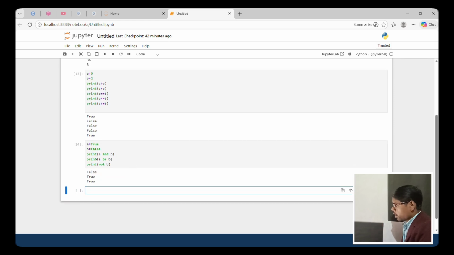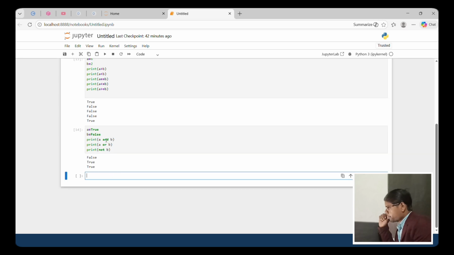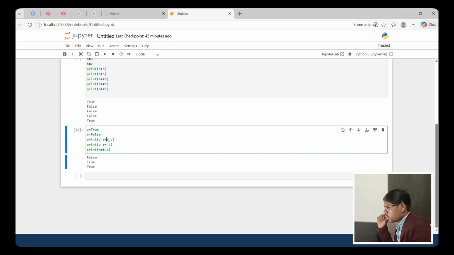Okay, yes, first false, and true, and true. Okay, this first, and contains only true values. A contains true and B contains true, the result is true. Okay, so and needs only true values, so the result is true, but if it contains a false value, the result is false.